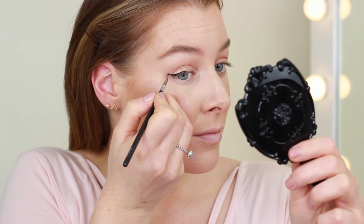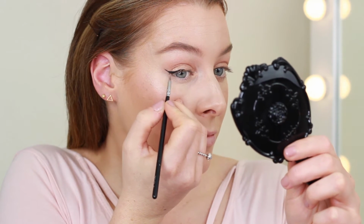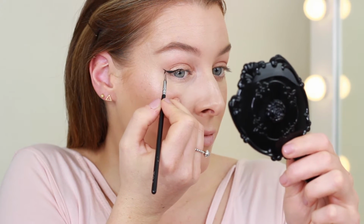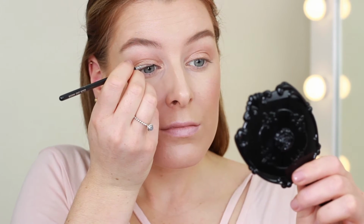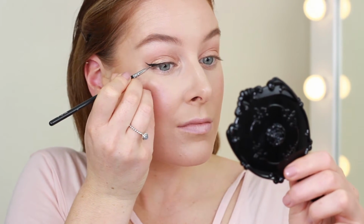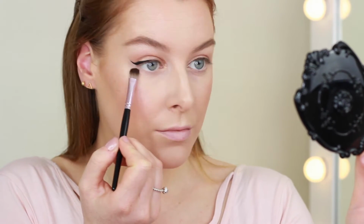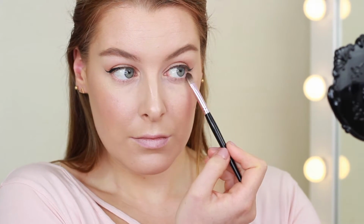They also rocked a winged liner this year, which I absolutely loved. The wing itself was quite short, but it pointed straight up towards the brow, if you get what I mean, and it was a lot thinner in the very inner corners as well, so that's how I've done my wing today. They also left their under eyes bare this year, so I'm just running a small amount of Latte underneath,